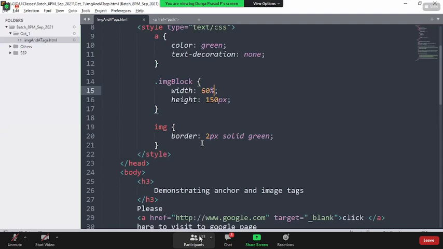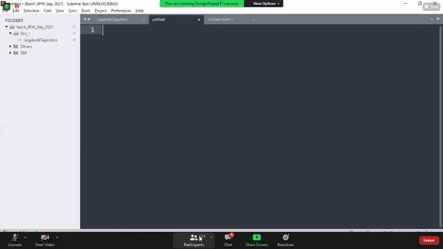Okay, so hope everyone is clear about what actually the anchor tag is, what actually the image tag is. Now it's time to learn something called block level elements and inline elements. But before going with this, guys,